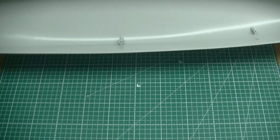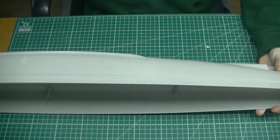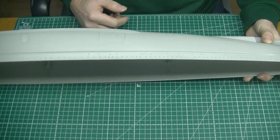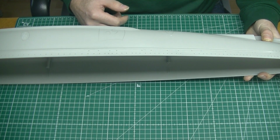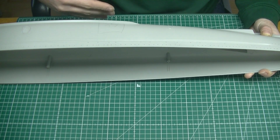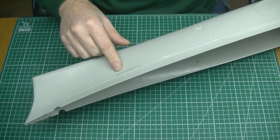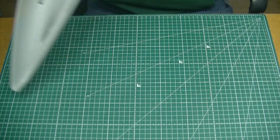So, portholes. I checked this side against the book, and my conclusion was it's pretty decent. Or am I confusing this with the other side? No, this side was pretty decent. I need to add a few here and there, some need to be deleted here and there. It's not that bad. Except this bit, for some reason they're way too high. I'm gonna lower these a bit. And then I go to the other side,